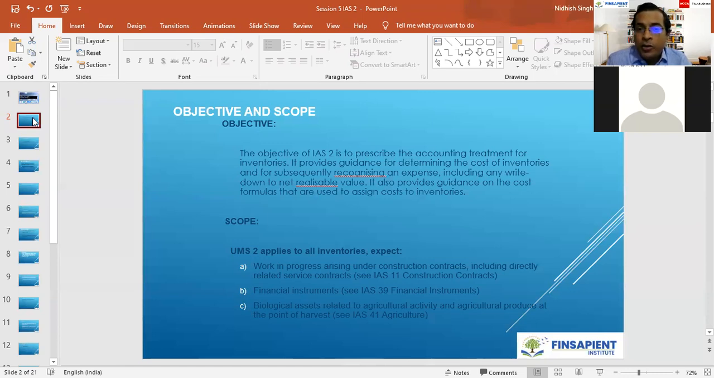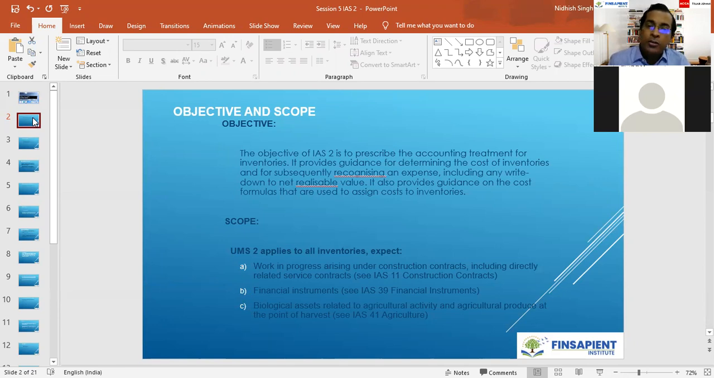It does not apply to construction contracts, because construction, or any real estate items, are long term, whereas inventory are short term assets. Financial instruments under IAS 39, which are investment trading products, are different from inventory accounting, and that's quite logical,